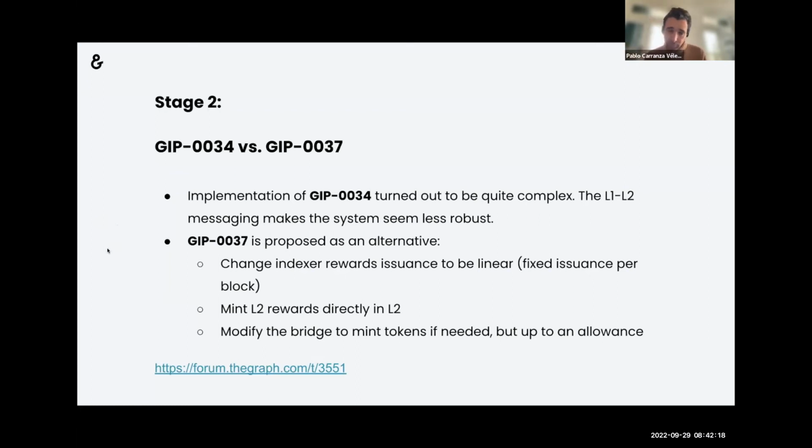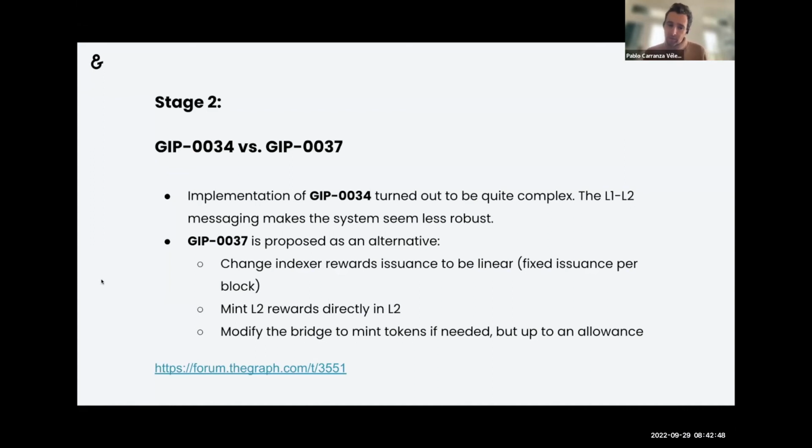And then we had Ariel's idea of what happens if we make indexer rewards linear instead of the current compound interest formula, and then we just mint them in L2. So we ended up actually implementing this, and this is GIP-37 that is now competing with GIP-34. So for this stage 2, we can have option A, that is mint everything in L1 and send part of it to L2, or GIP-37, that is mint the L2 rewards directly in L2, mint the L1 rewards directly in L1,